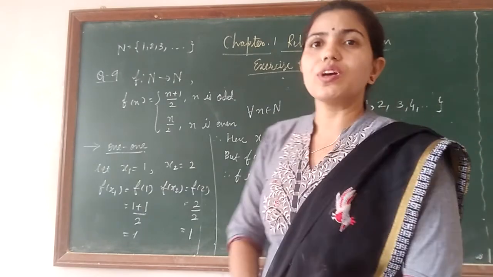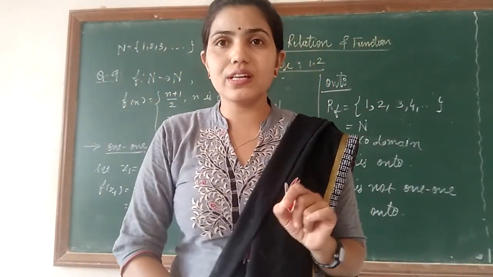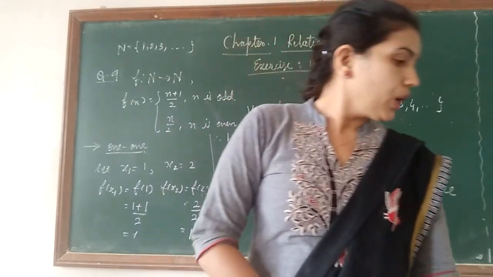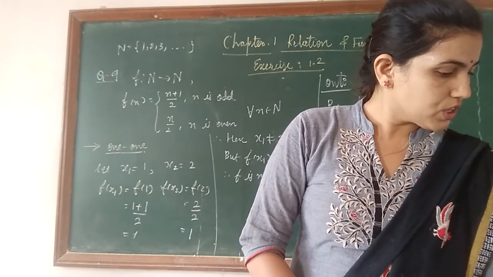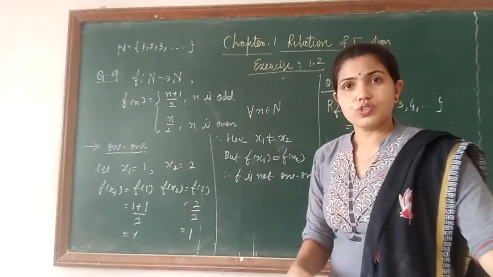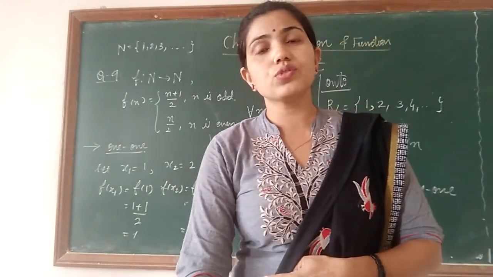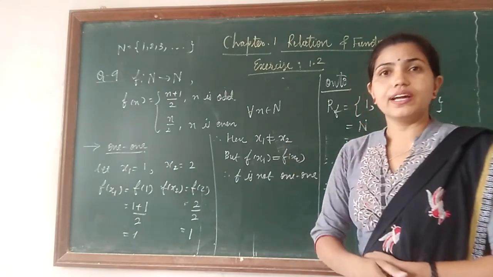Okay, so with this we stop the class. Here you can find the same question in your exercise section. You can do that question for practice: question number 12, example 12, which is the same type of function, and it is important for you also. You can find the answer there, how to solve 1-1 and onto.